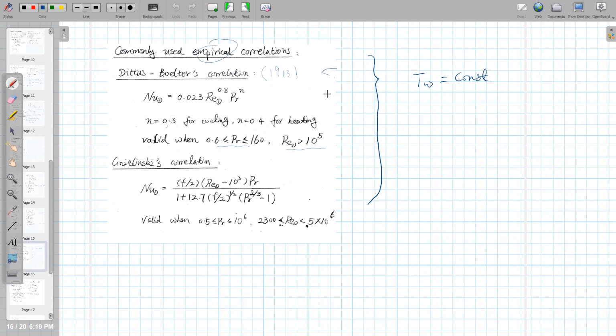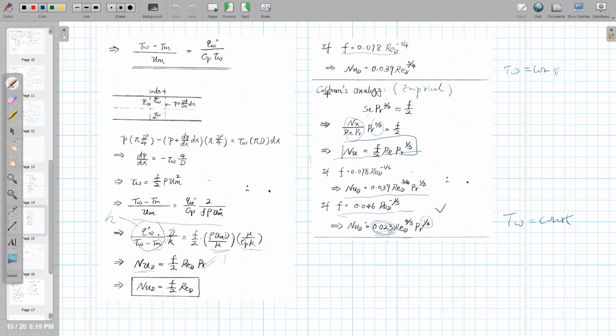Okay, oh, I forgot one more thing. I forgot to compare with the laminar cases. So what will the laminar be? Just remember what we had before. For laminar flow, the Nusselt number will be 11 over 48. I remember. Oh, sorry, not 11 over 48, 48 over 11 is a constant for the fully developed laminar flow